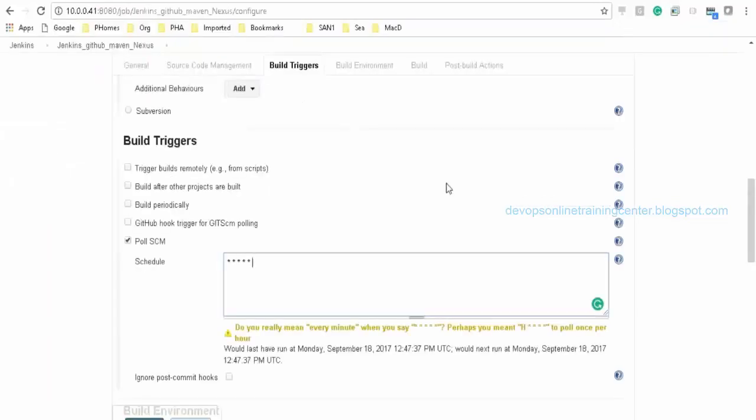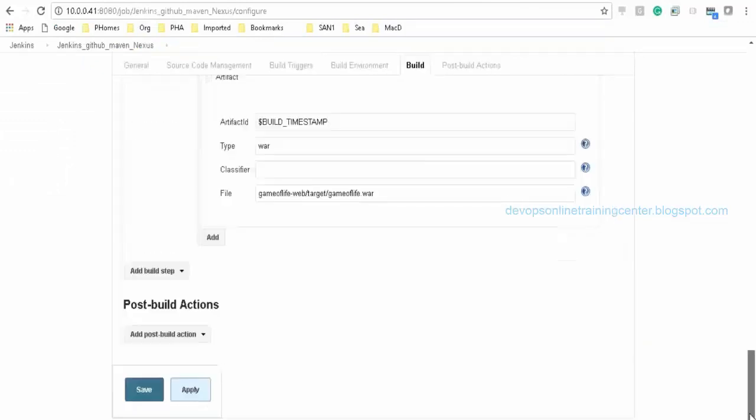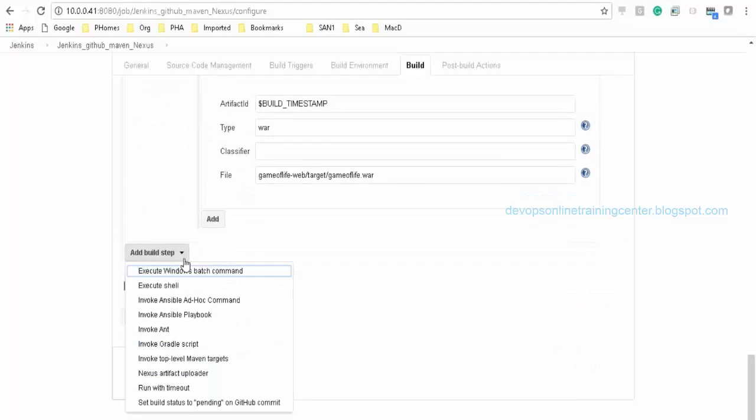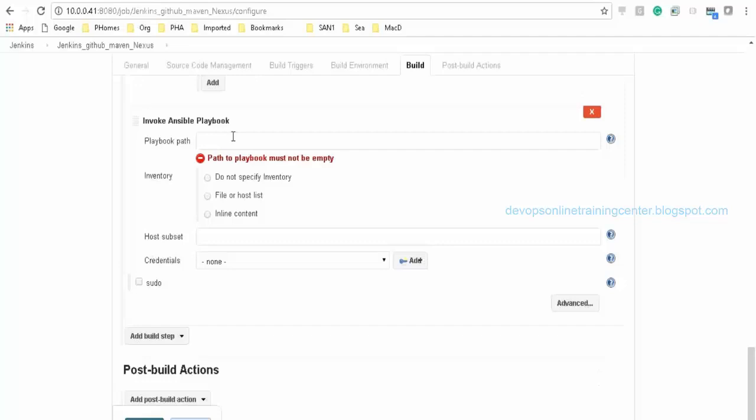Since we have the Ansible playbook, let us try to copy the same thing to the test machine. Invoke Ansible playbook. This is the path where the playbook is present: etc Ansible playbooks.